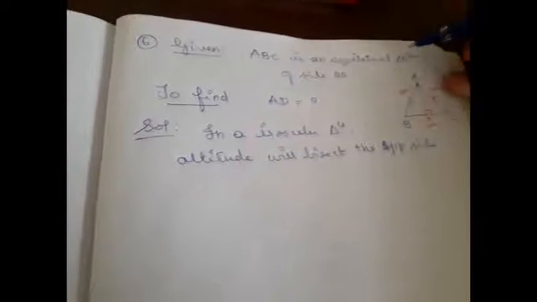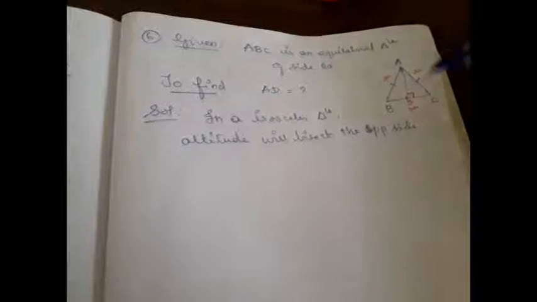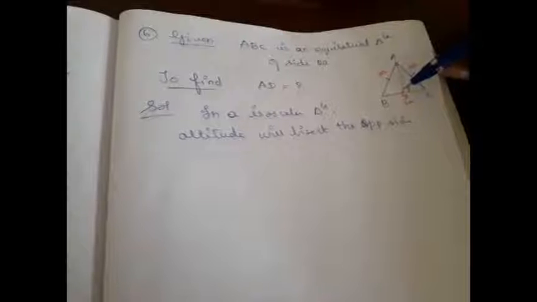Let us move on to the next question now. Now let us see how we can prove our next question. It is given ABC is an equilateral triangle of side 2a and they asked you to find the length of all its altitudes. We know in an equilateral triangle all the altitudes are equal in length. Therefore, it is enough if we find any one altitude. So, ABC is an equilateral triangle and AD is an altitude. We are supposed to find the length of AD.